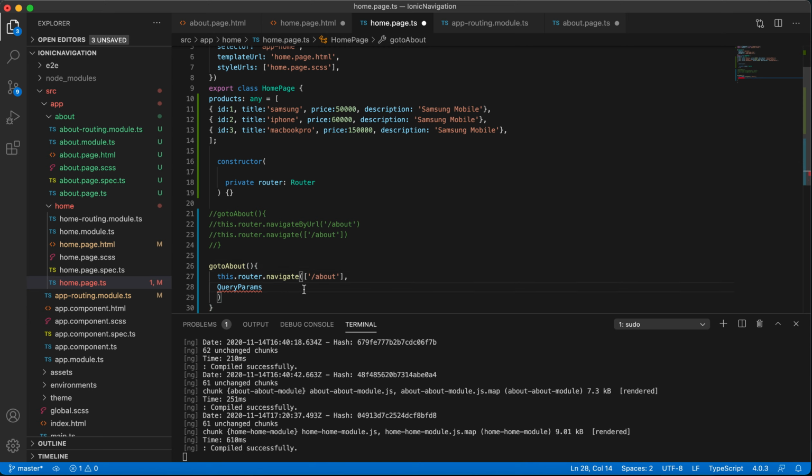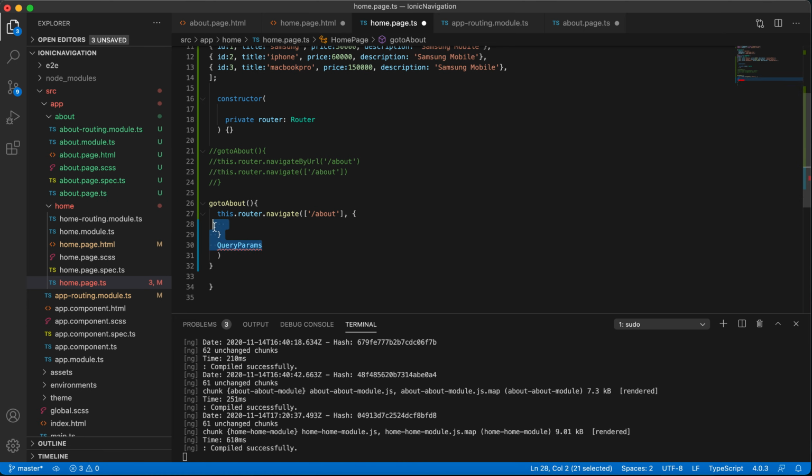So query params we need to mention. For that we need to open a bracket and then mention the parameters.